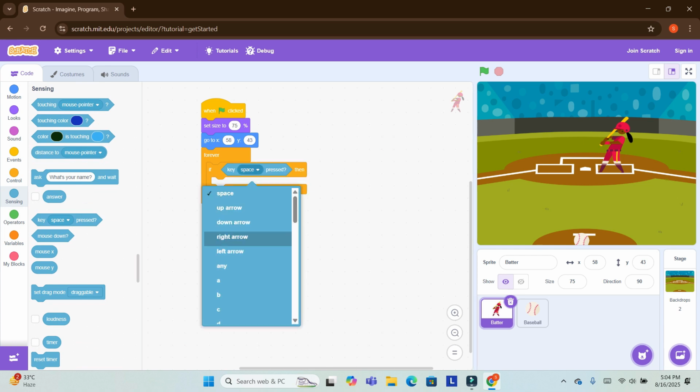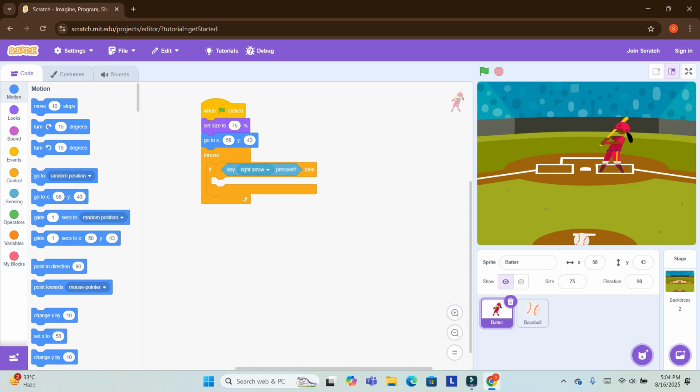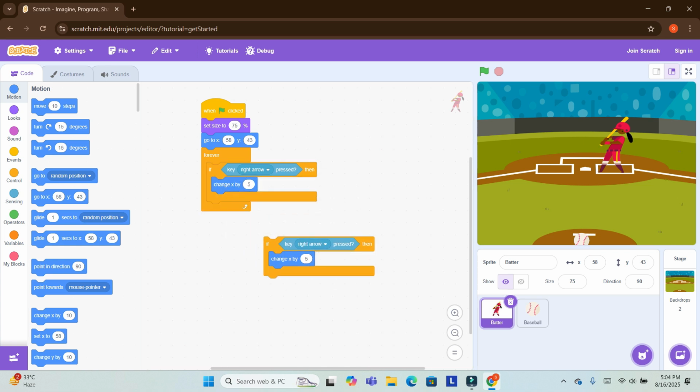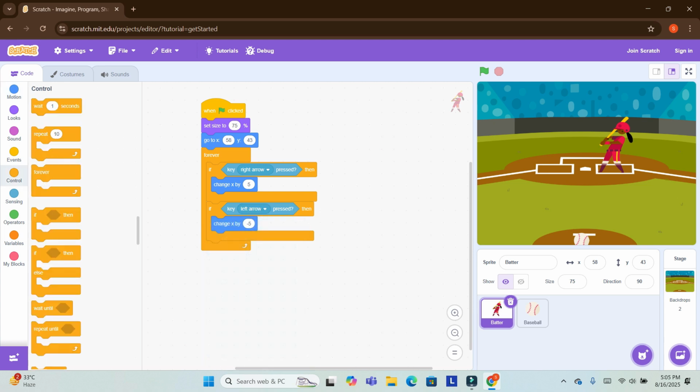Key right arrow pressed. Then go to Motion. Change X by 5. Now I will make a duplicate of it. Now left arrow and then -5. Friends, why have I typed +5 and then -5?